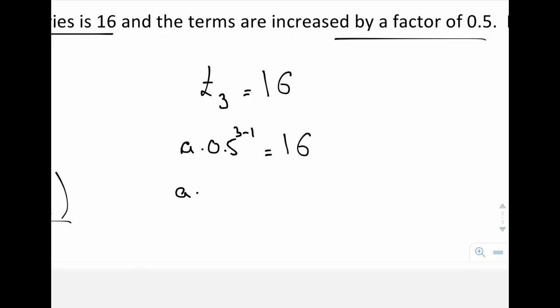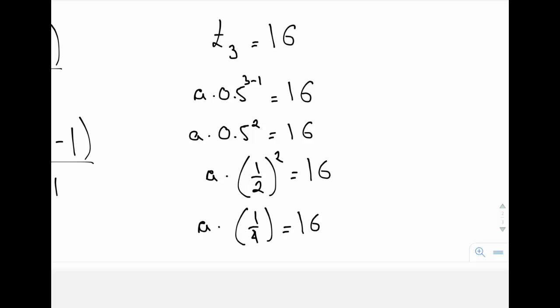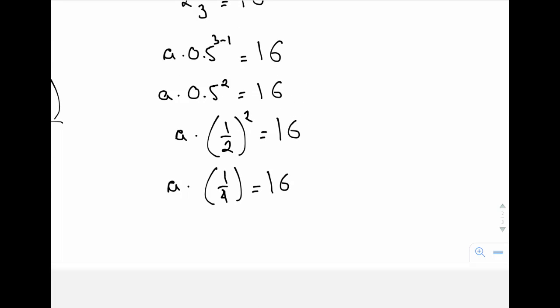So let me just simplify this expression. 0.5 to the exponent 2 equals 1/4. And I want to solve for a, which is going to give me my first term. So I have a times 0.5, which is 1/2, squared equals 16. A times 1/4 equals 16. And final step, I'm going to multiply both sides by 4, and I get a equals